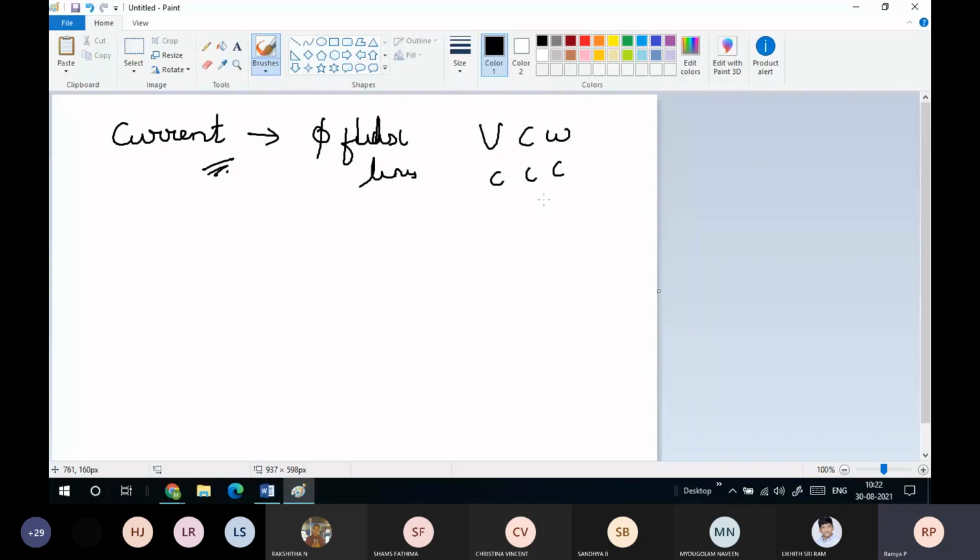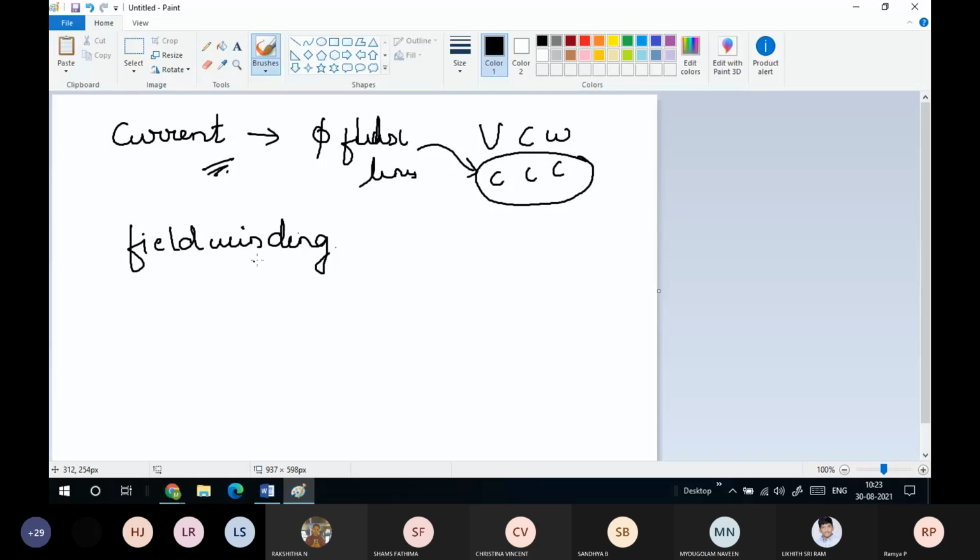So in the generator, the flux production is majorly because of the current carrying windings, and that current carrying winding is called the field winding. Please remember the terminologies. If you want, you can write them down somewhere. So the current carrying winding is also called the field winding. If I want to increase the magnetic flux, which is produced by the current carrying windings, also called the field winding,